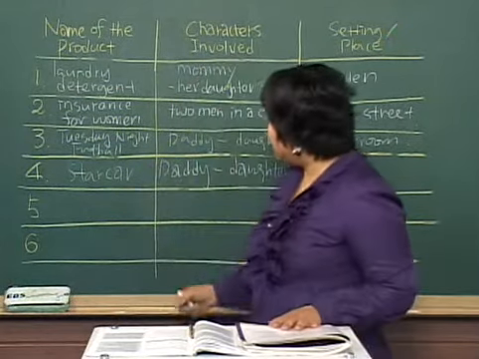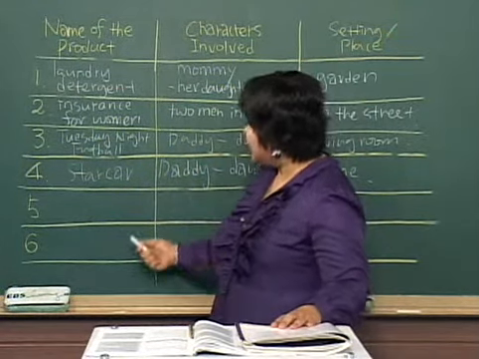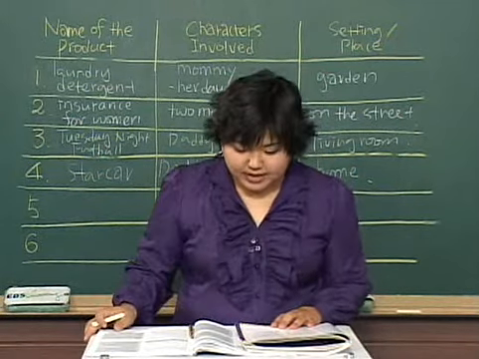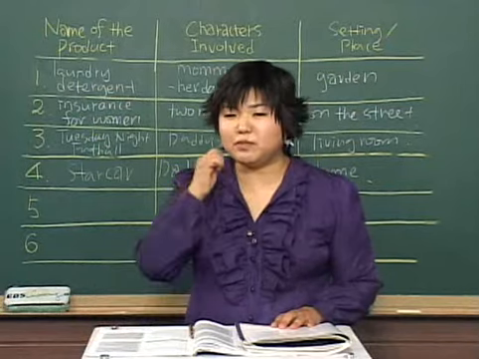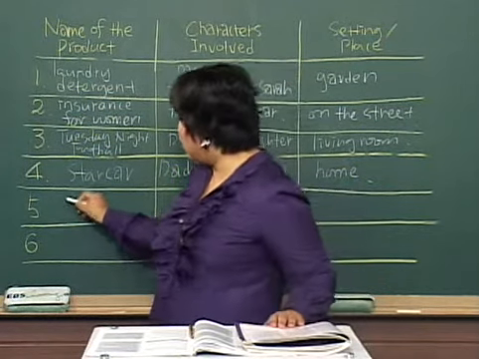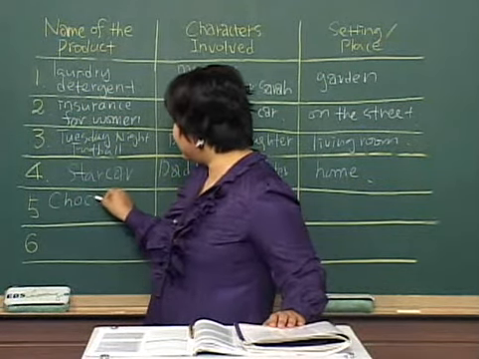And let's fill up the details in here. What is the name of the product? The name of the product is Choco Crunchy Bars. What does crunch mean? 아삭, 아삭, right? Choco Crunch